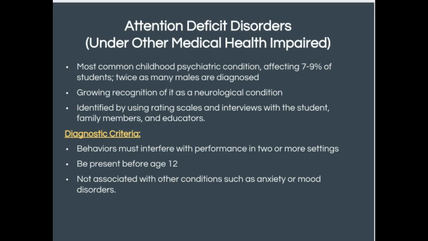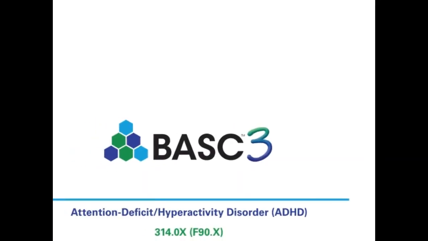the different criteria look like. In order to say that it's attention deficit disorder, it must interfere with performance in two or more settings, not just school, but maybe at home, school and home, or school in some other setting. It must demonstrate itself before the age of 12, and we also have to rule out that there's anxiety or mood disorders coming in. So I'll pull up the diagnostic criteria right now, and you can find the diagnostic criteria simply by looking for the DSM-5.